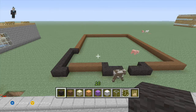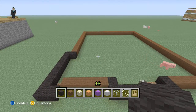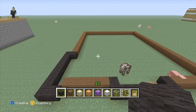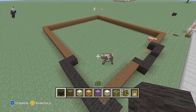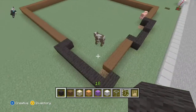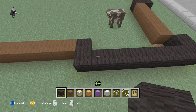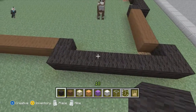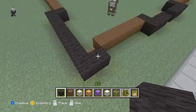The dimensions are 20 by 22, and the blocks you're going to be needing are black wool, brown wool, sandstone, orange wool, purple wool, white wool, glass, and doors. Here on the side, we're going to be going 7 with the black, and we'll be coming out from the brown 1,